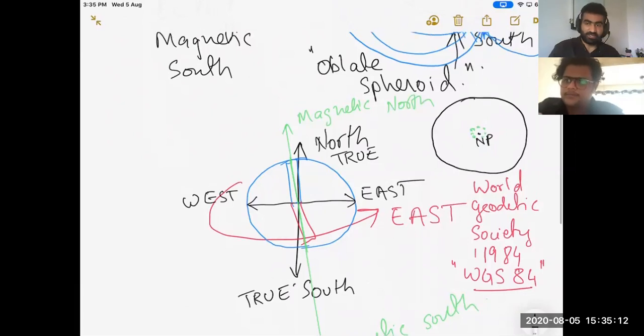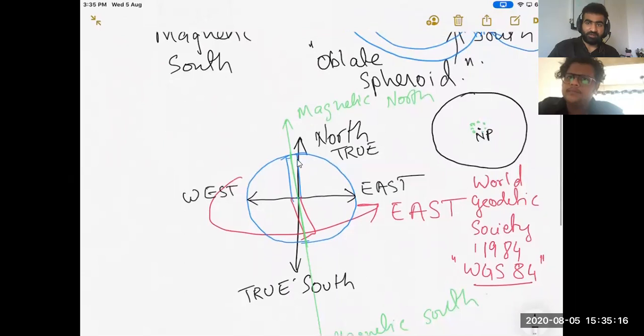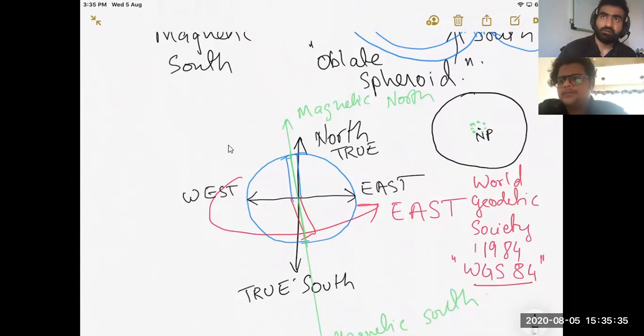See on this diagram, there is an angular difference between the green line and the black line. The difference between true north and magnetic north is known as variation. Again, the variation is plus and minus. If as per the chart you are required to maintain a 045 degree route, we will see the angles in a bit.